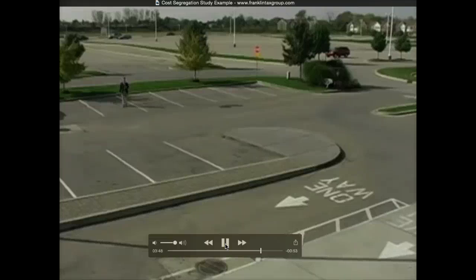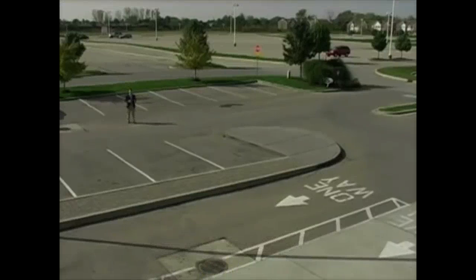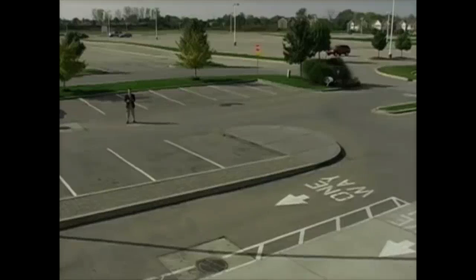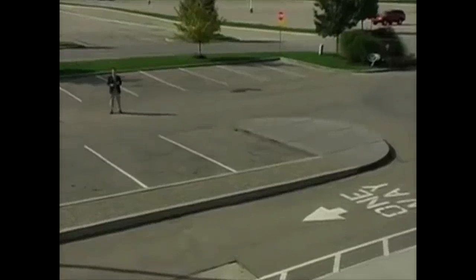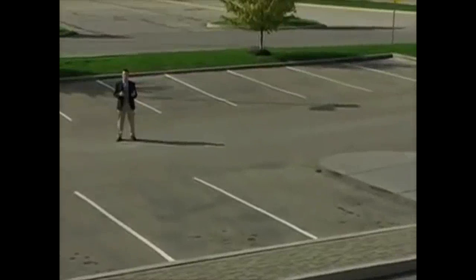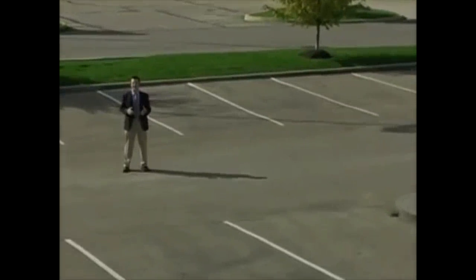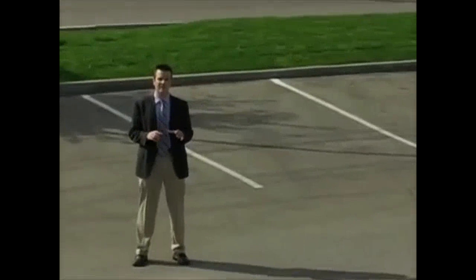Often real estate owners will depreciate their land improvements in with their structural components. What that means is that they're depreciating those land improvements over a much longer tax life than they need to. Land improvements can be depreciated over 15 years. Examples of land improvements outside here are things like asphalt paving, curbs, sidewalks, dumpster enclosures, parking lot lighting, stormwater systems, and the excavation work underneath this parking lot. These components can be depreciated over 15 years. Now that you know some of the examples of components in your real estate that can be depreciated much more quickly, the next step